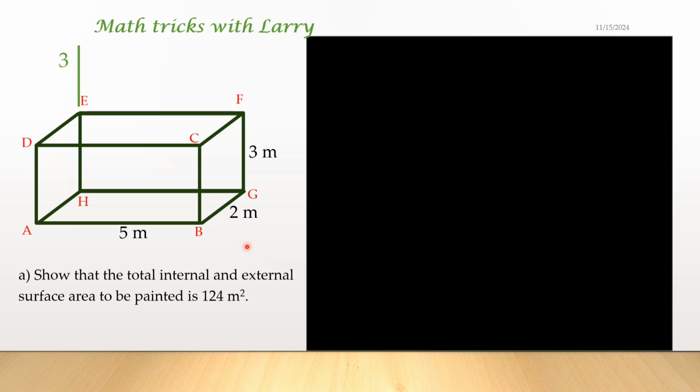You should imagine a cuboid like a carton. Then, if you look at the side BCFG, it is equal to ADEH. And then the top is equal to the bottom. That is, side ABGH is equal to side CDEF. So in effect, we have 3 different types of sides whereby they are repeated. So if we want to calculate the surface area internally and externally, we will take it